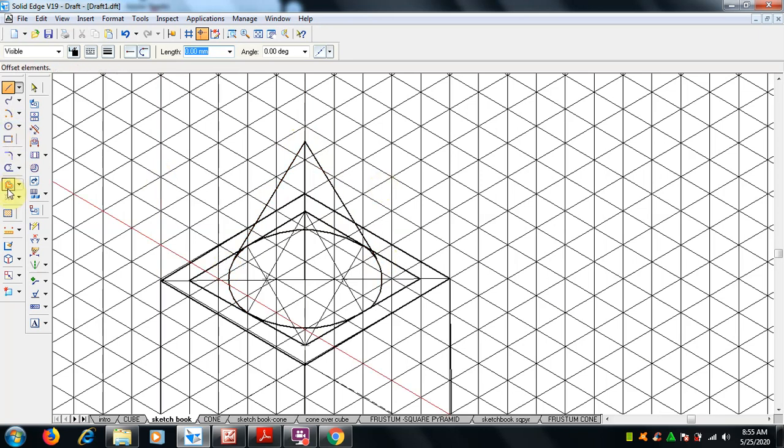Now we can go for the trim option. You can trim or erase, because in software if I trim, the entire lines will go. Other lines also will be affected. So this is just for understanding the concept of how to draw in your sketchbook. Clear? I hope you can understand.